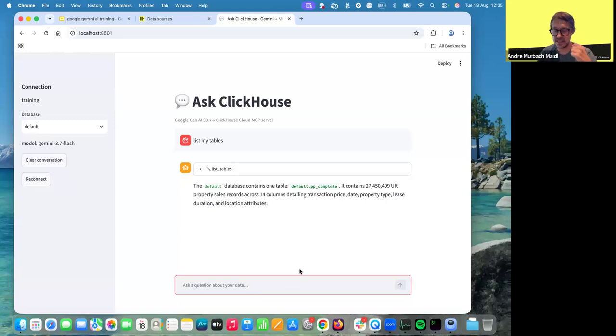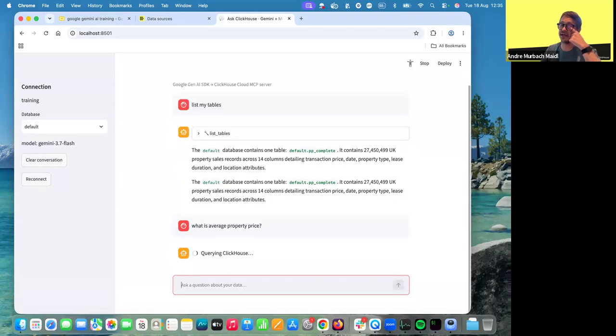And this is a very simple service that I just loaded with the UK property price paid data. So now I can ask here, what is the average property price? And then it will probably return that same similar query that we ran and that same result.